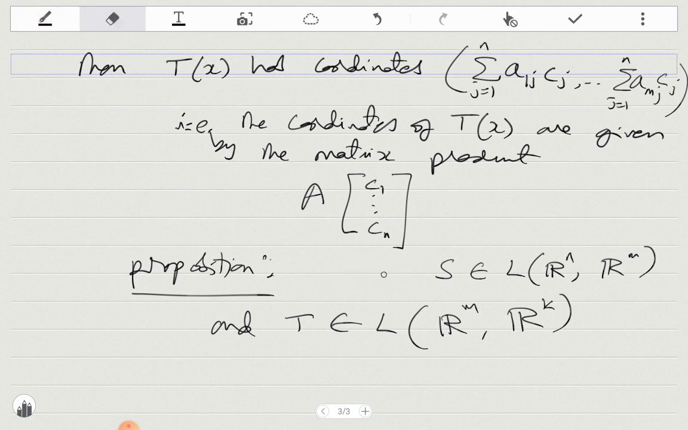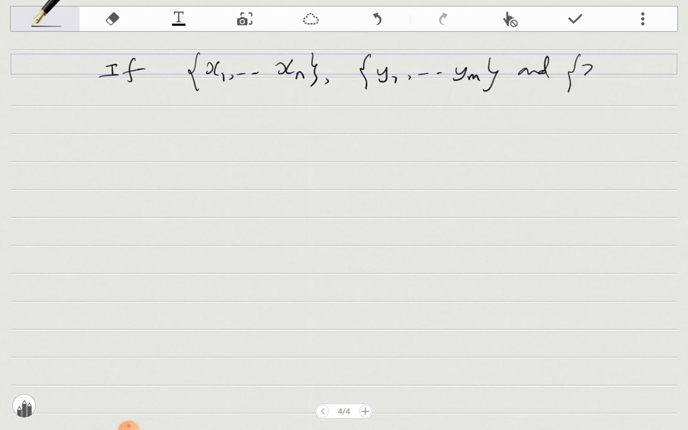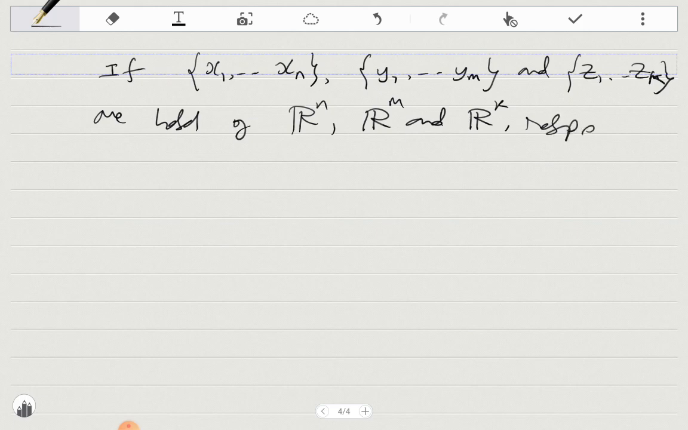let's take x1, x2, ..., xn, y1, y2, ..., ym, z1, z2, ..., zk to be bases of Rn, Rm, and Rk respectively, then